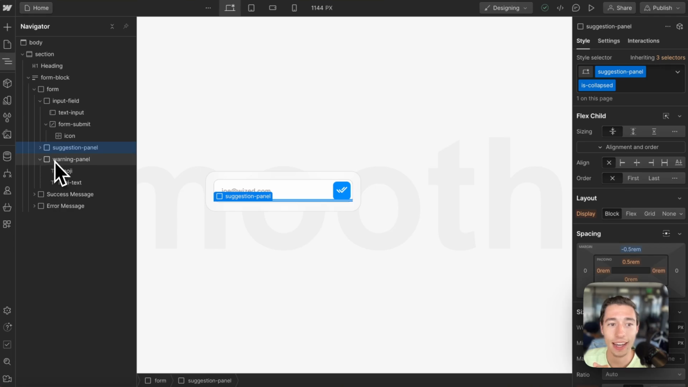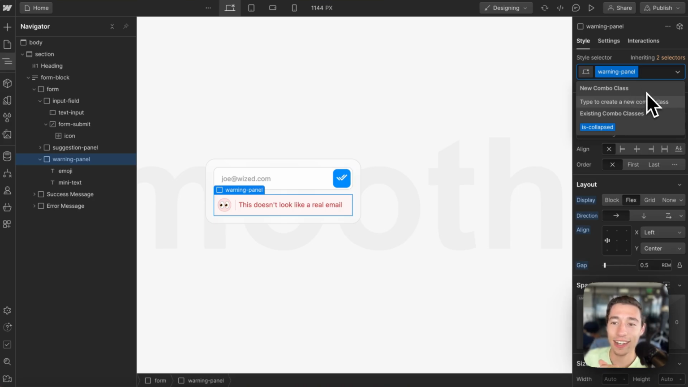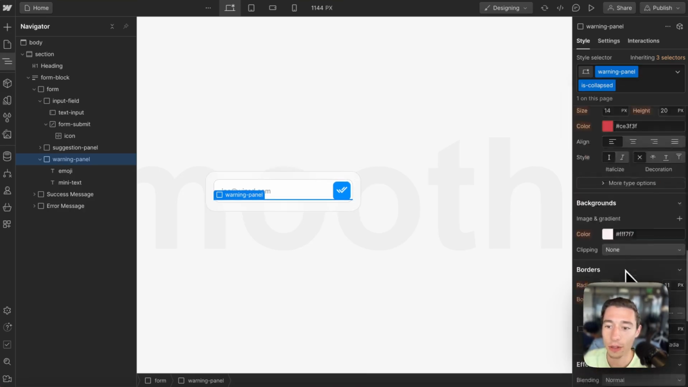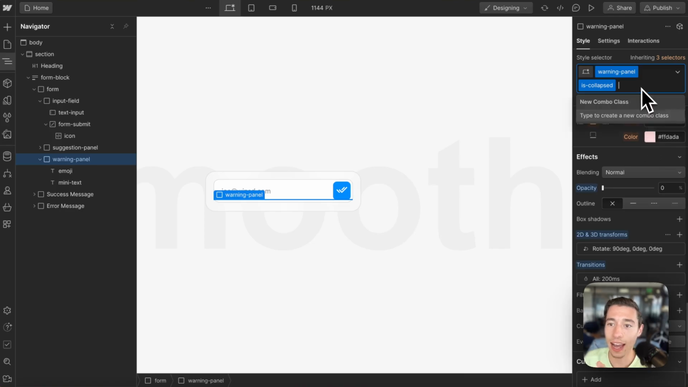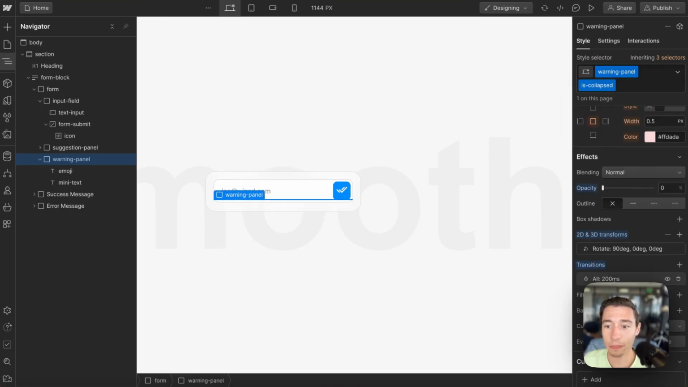So we can collapse that, and let's go to the warning panel. Sounds dangerous, but it's not. So we have this warning panel in here, and it's basically the same process. Just like that, with the only difference that I have on the parent element just a transition of 450, and